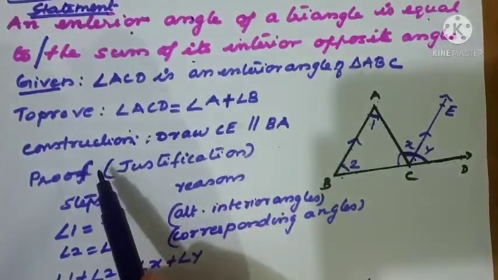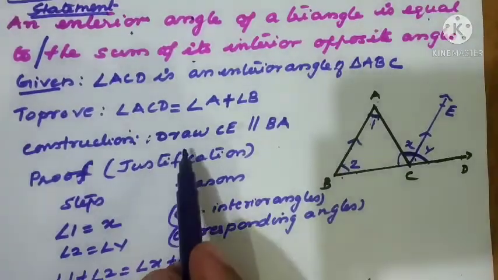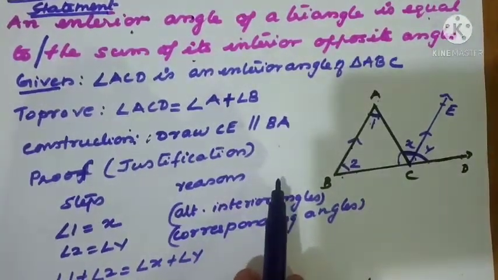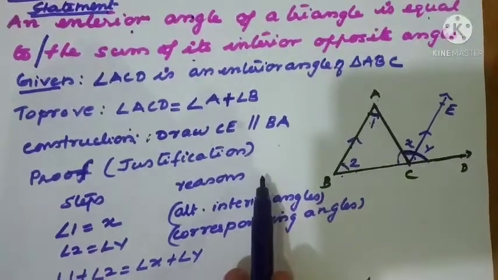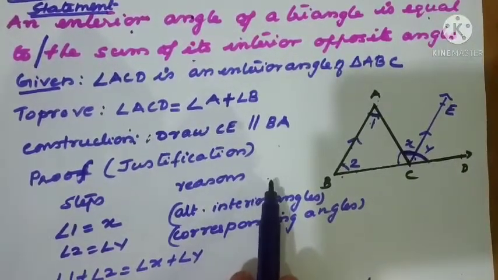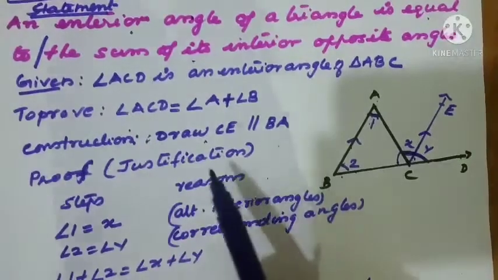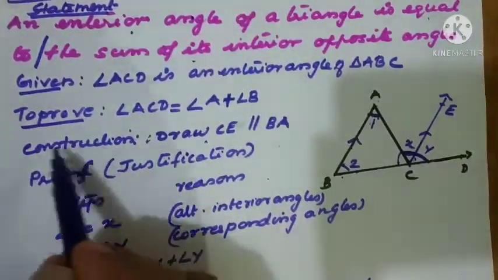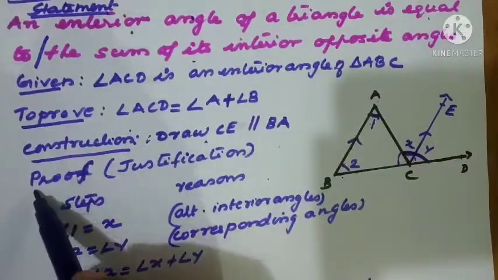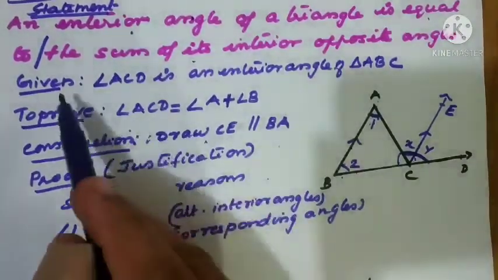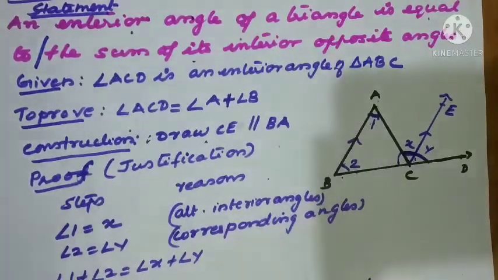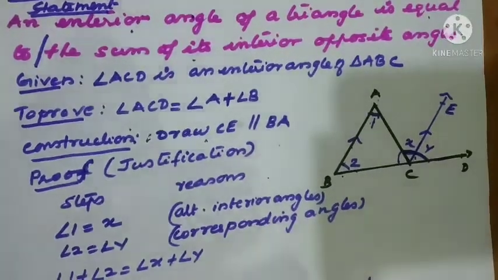What is the requirement here? Construction, that is draw CE parallel to BA. Any other construction is possible, you can also go with that, but whatever constructions we use, we should write with the reasons only. So we have written the construction. So the second step, to prove, is over. Third step, construction, is over. Now what is the next step? Proof. So given, to prove, construction must include the diagram also, right? Now proof, what is the statement we are using there?